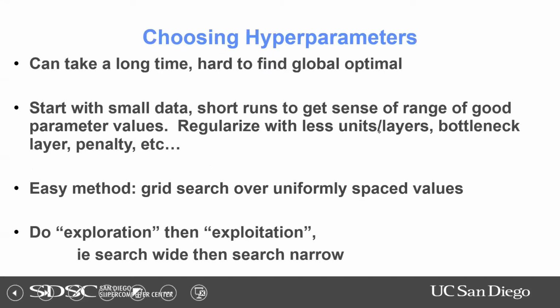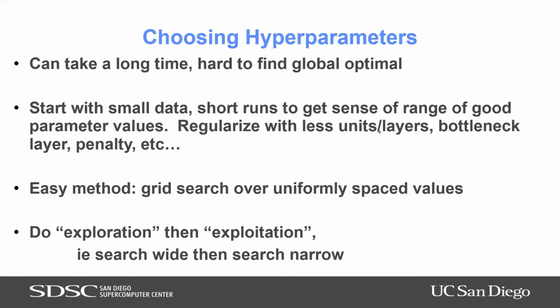Okay, choosing hyperparameters. This is maybe the hardest thing. Not the hardest; in some sense it's easy, but it's maybe the most time-consuming, or one you really want to think about. It's hard to find the global optimum, the absolute best set of hyperparameters. You're typically going to find something that works well, and then you're close to what probably is some optimal.